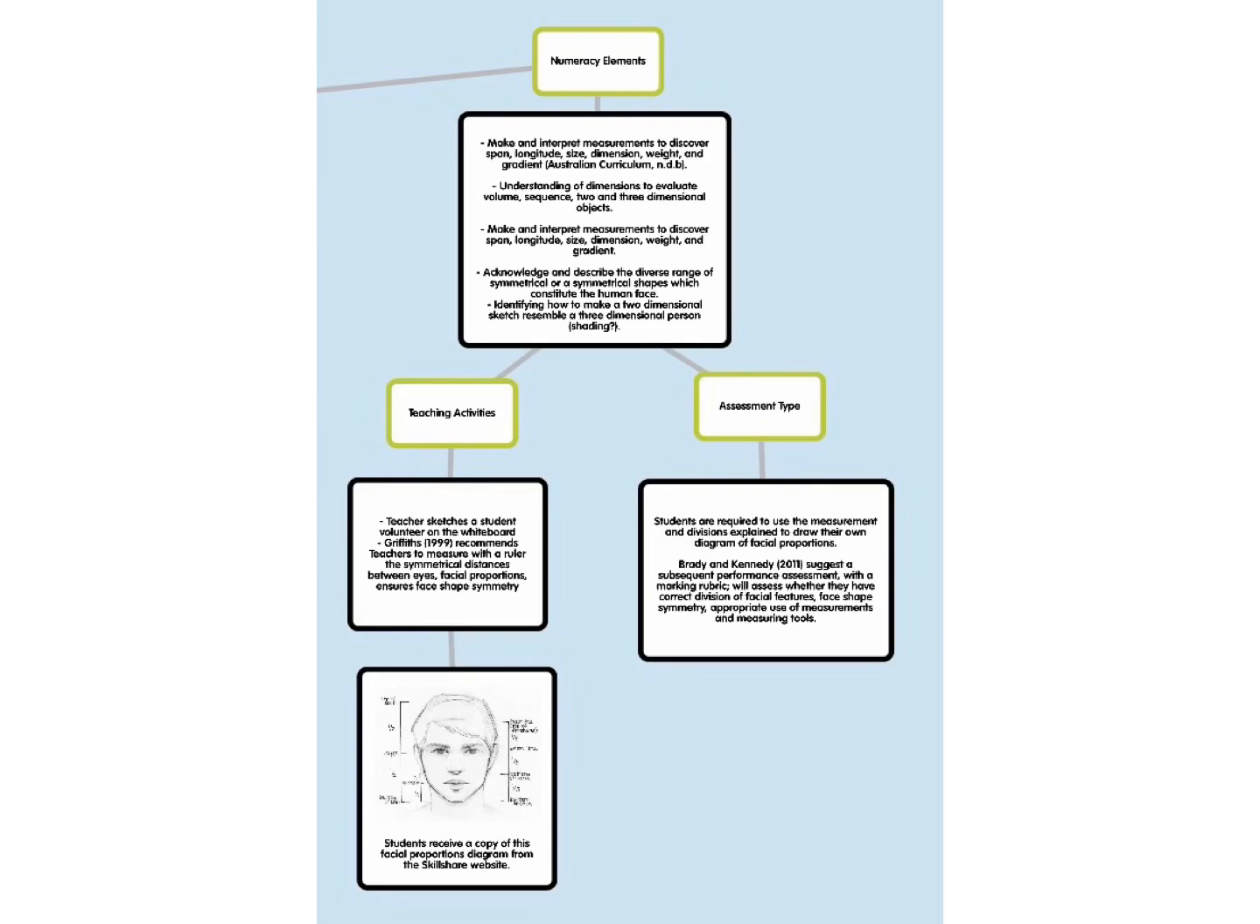The numeracy elements of Activity 1 include making and interpreting measurements, understanding of dimensions, acknowledging and describing the diverse range of shapes which constitute the human face, identifying how to make a two-dimensional sketch resemble a three-dimensional person. Teaching activities include a teacher sketching on a student on the whiteboard, and measuring with a ruler the symmetrical distances between the eyes and facial